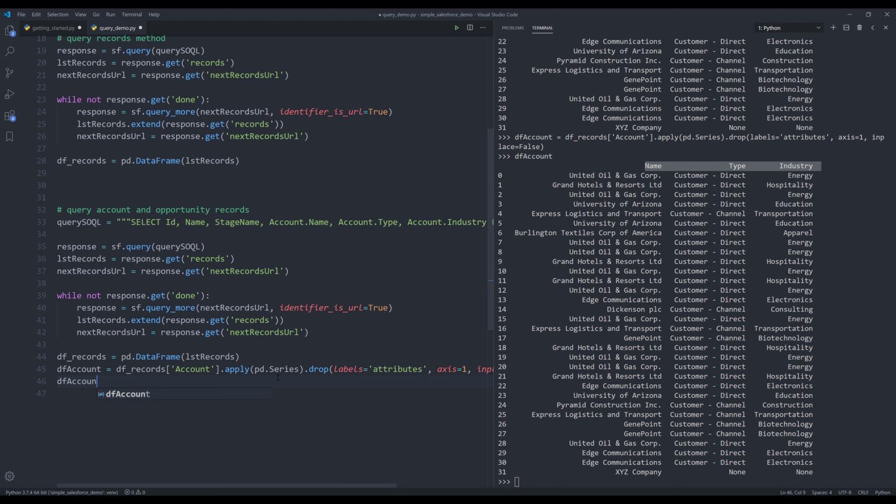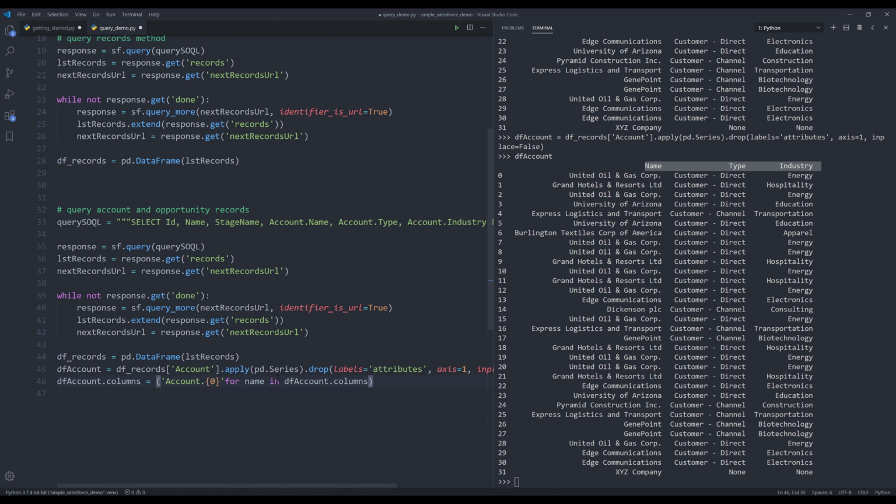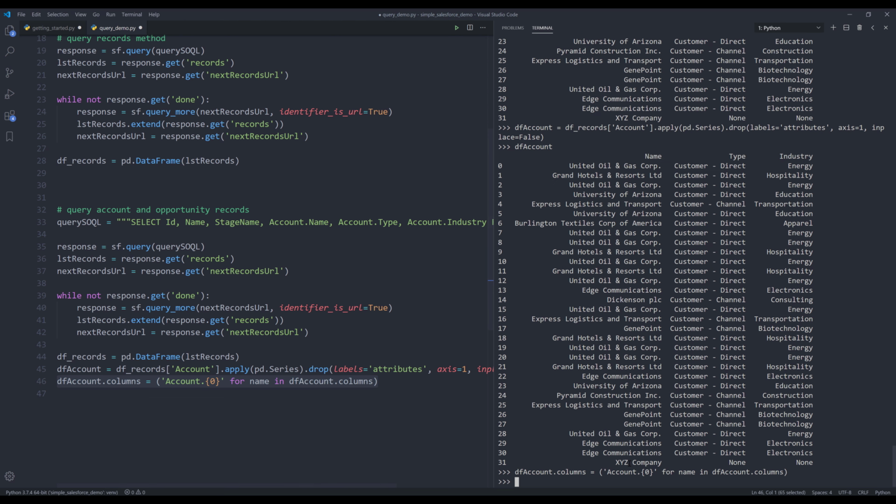Here I'm going to iterate over all the columns first: for name in df accounts columns, and I'm going to concatenate accounts plus a period plus the column name. Now if I run line 46 and reprint the df accounts object,